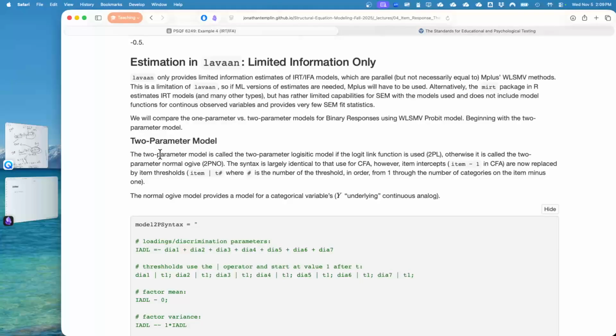Turns out limited information is nice because when you do the factor analysis on the correlation matrix, you don't have to do numerical integration. You don't have to take an integral. It is literally being able to write a likelihood without the factor.